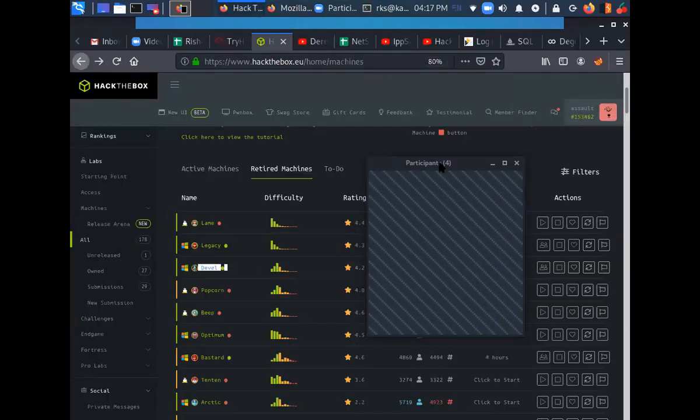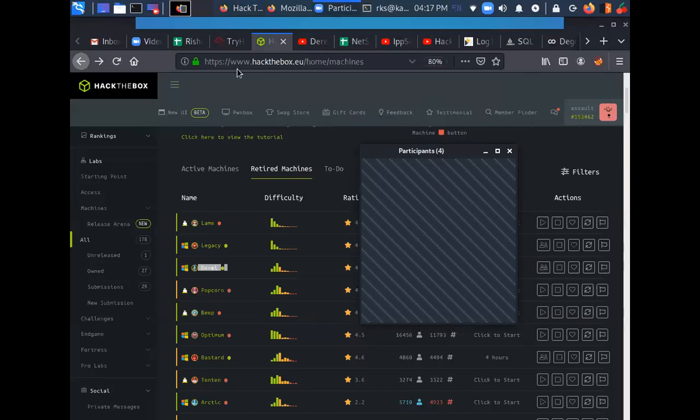I gave the instructions to sign up on the Hack The Box platform, create an account, get a VIP subscription, which is going to cost around 10 euros, probably 800 to 900 rupees per month. We are going to use the Hack The Box lab environment for our practice throughout the course.